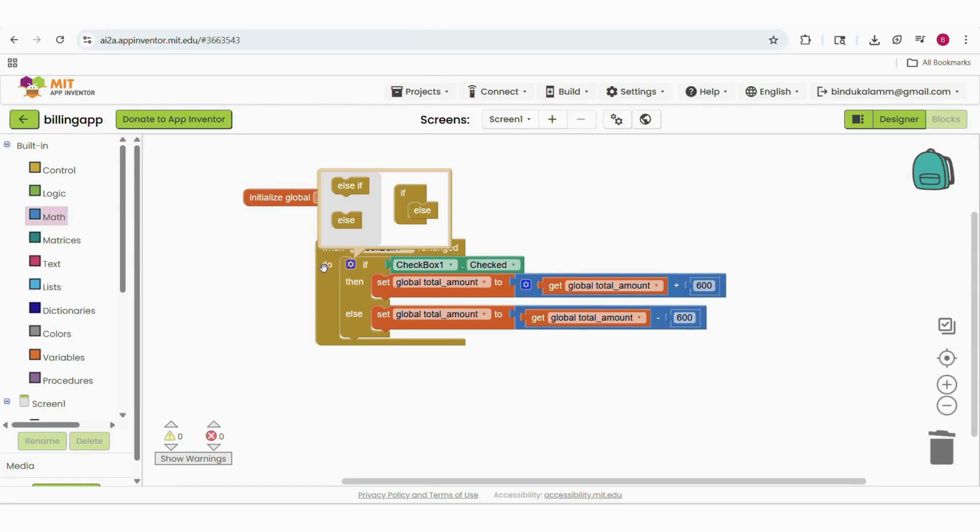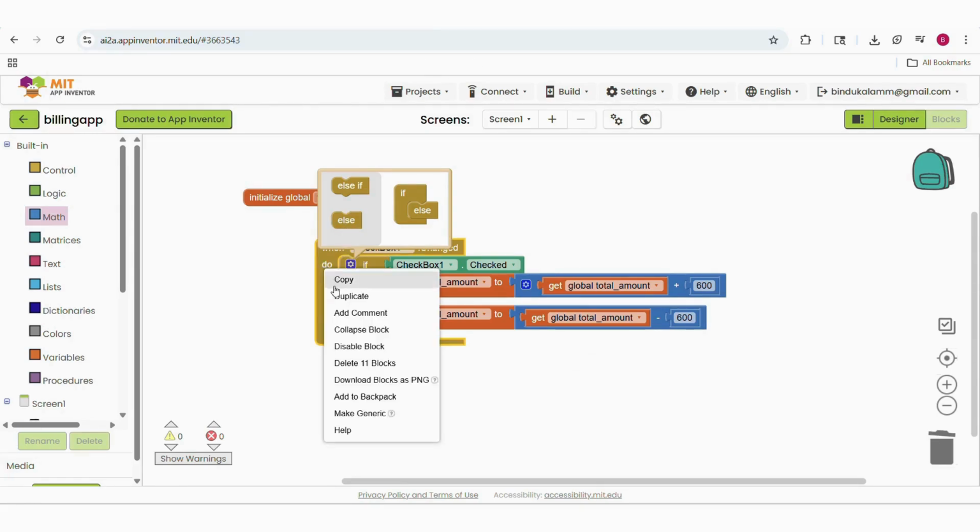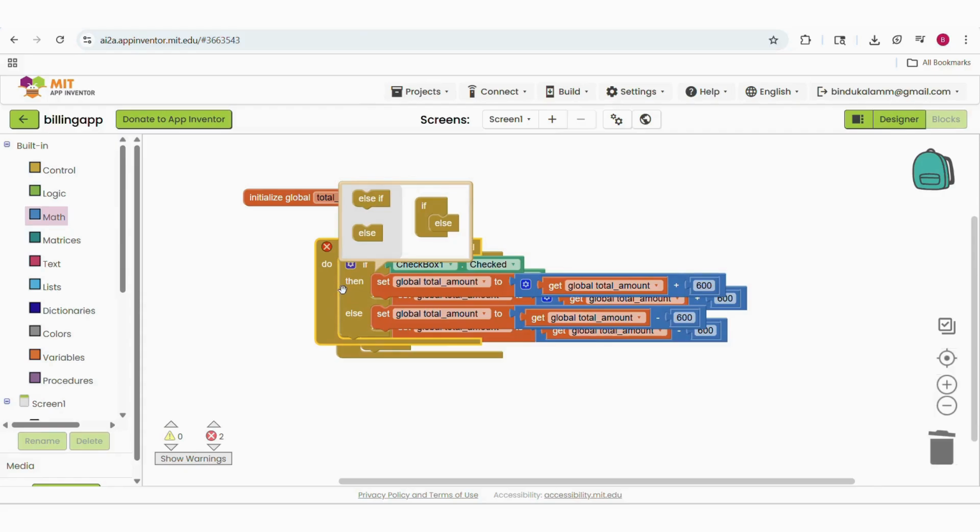Then duplicate the complete when block and change the checkbox 1 to checkbox 2 and 600 to 100.